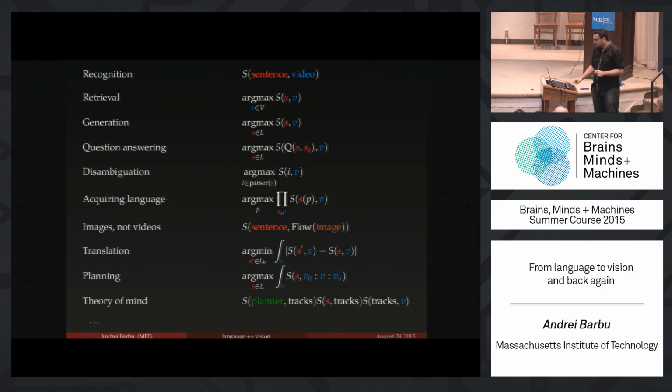But to recap, what we saw is that we can get a little bit of traction on these problems. We can build one system that does one simple problem, just connects our perception with our high-level knowledge, takes a video and a sentence and gives us a score. And once we have this interesting connection, this interesting feedback between these two very different looking systems, it turns out that we can do many different and sometimes surprising